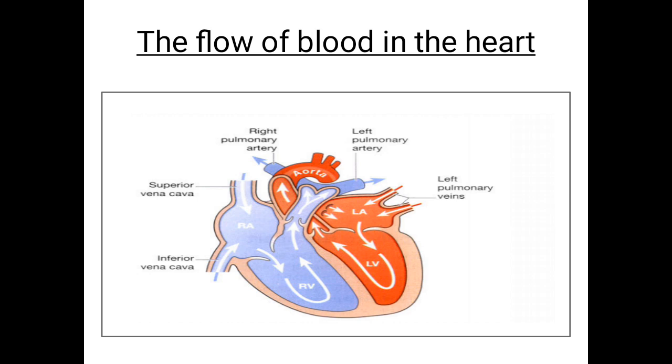In the right ventricle, the heart will contract and force blood to pass through the pulmonic artery. From the pulmonic artery, blood will go through the right and the left pulmonary artery to the lungs for oxygenation. After blood has been oxygenated, it will be carried back through the right and left pulmonary veins